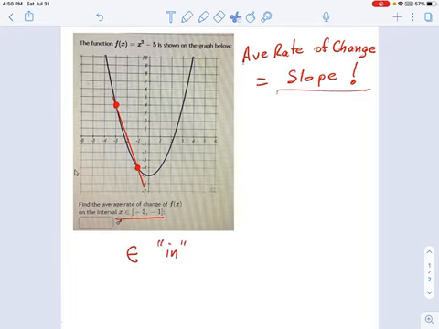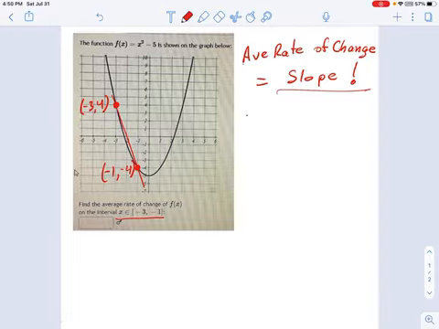So maybe you have a problem that's asking you for the slope between 2 points. That would be basically what we're doing right here. This point over here is (-3, 4). And this point over here is (-1, -4). And now using those 2 points, we're going to find slope.